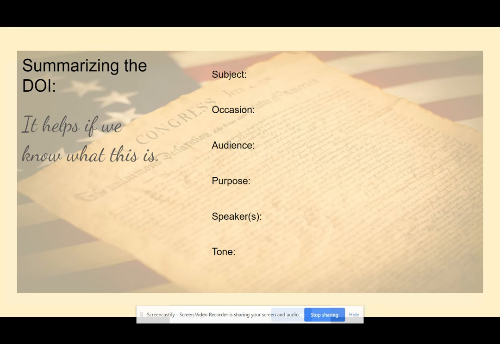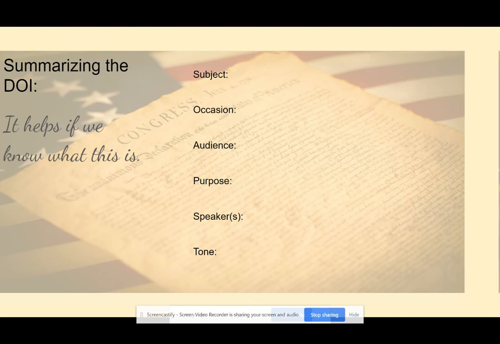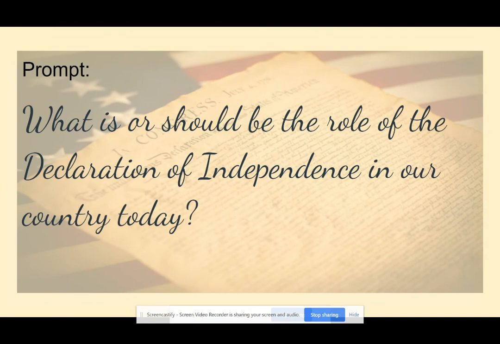Whereby the legislative powers incapable of annihilation have returned to the people. The list of grievances is using all of these very strong, angry verbs. So that obviously would be the tone of this article. Okay. The prompt you're being asked is, what is or should be the role of the Declaration of Independence in